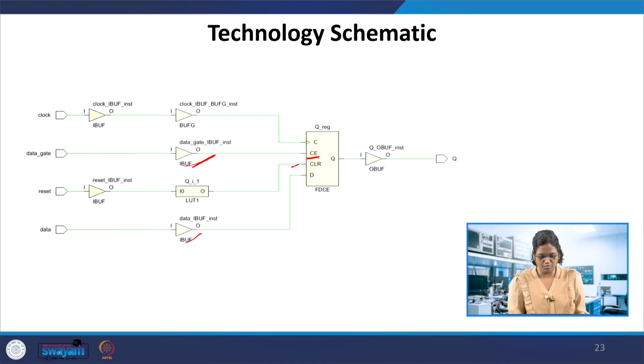So clock is anyway fine, but if data gate, then give it to C. One example is if reset in the if statements, then else if data gate, do this operation, assign this to this. If there is no else statement, then that is assigned to CE, and the data is given to D here. So this is the one input LUT, 0 gives 1, and 1 gives 0.